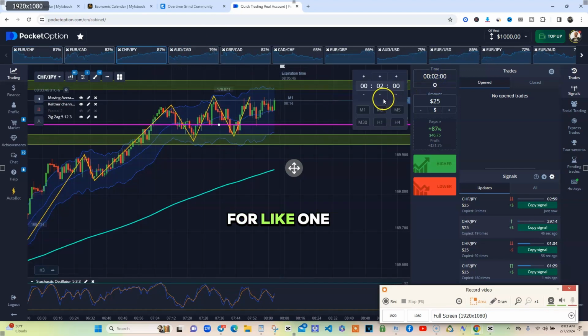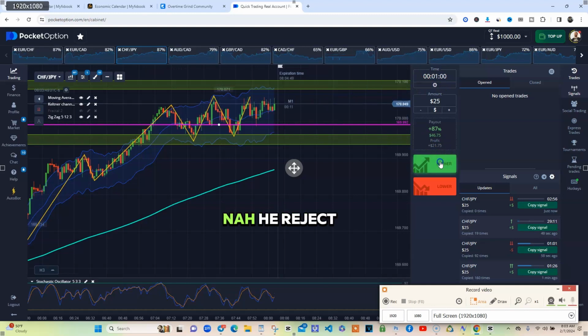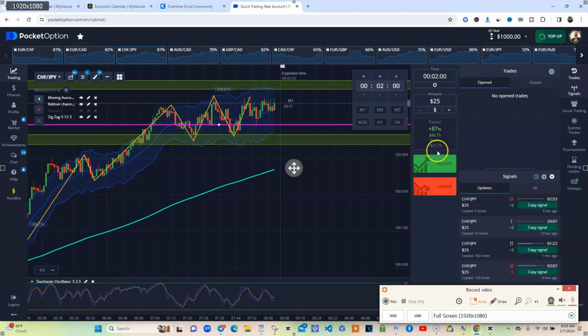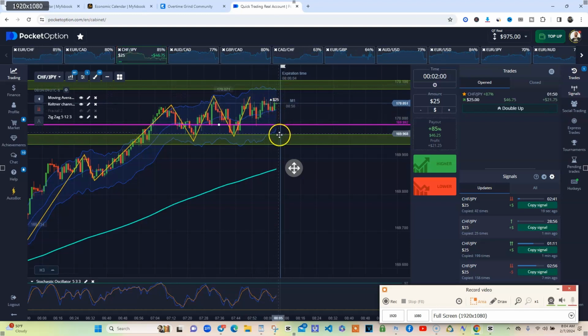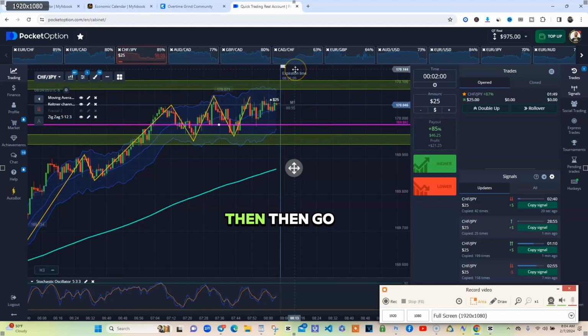I think he's going to go up for like 1 minute. We might go ahead and take you. No, how he rejecting. I might take 2 minutes. I'm going to hit you with a 2-minute trade on this, saying that he's going to at least try to come up here to the zone. If not, then he may be wanting to come back to retest and then go. But if you notice here,